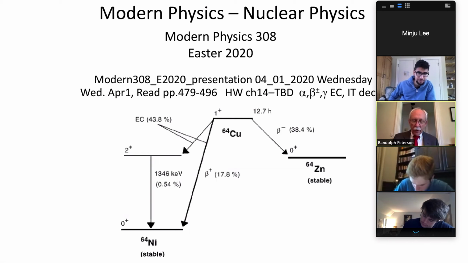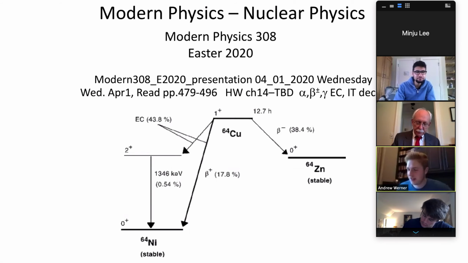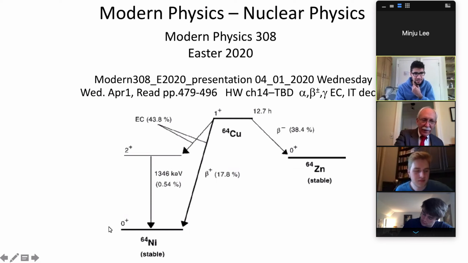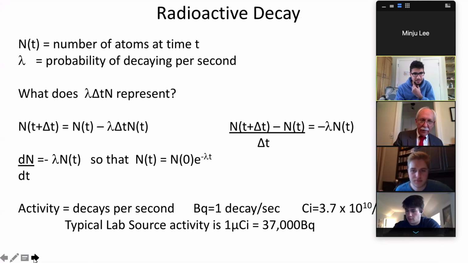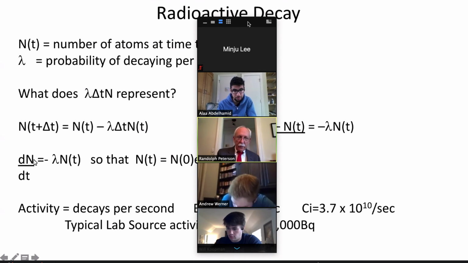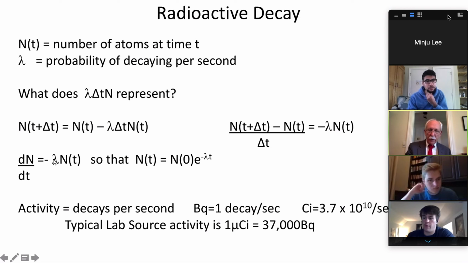Okay, so how many curies is that? Could you go back to the other slide? Yeah. Oh, yeah. It's in the front, I guess. It's like next to it, not before it. There we go. Oh, cool. So right here's the activity, and then the activity without the minus sign is right here.